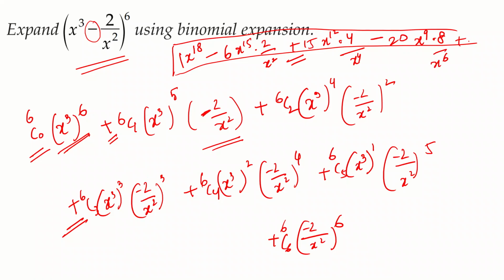And then I leave it to you to simplify further, and here also the terms are going to be simplified because x to the power of 15 will cancel out with x square, x to the power of 12 will cancel out with x to the power of 4, x power 9 will cancel out with x to the power of 6. All these simplifications you'll have to do. I'll leave it to you as an exercise. It's extremely easy. All I want to focus on is now just one thing.